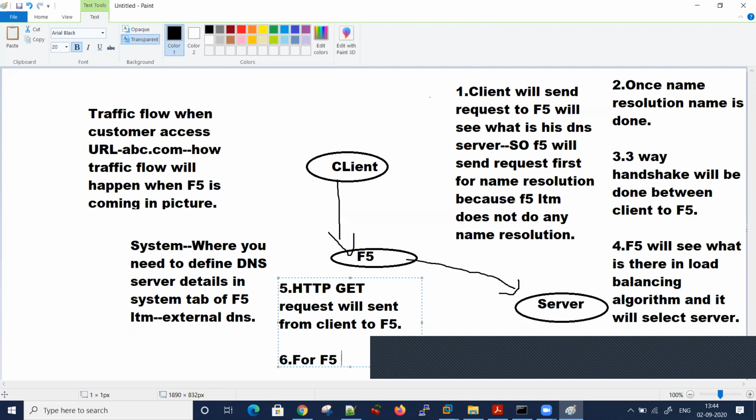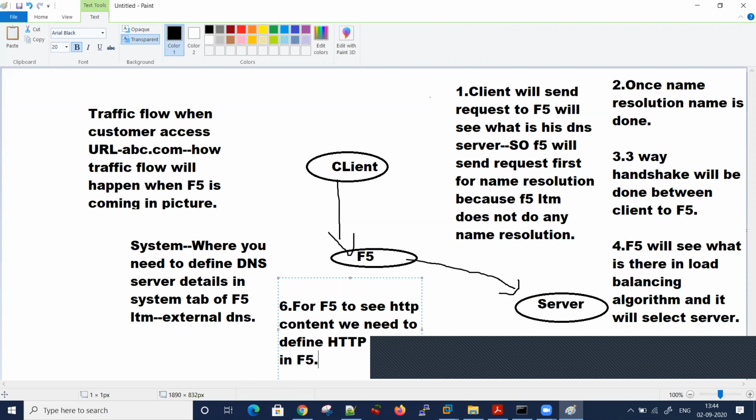For F5 to see HTTP content, we need to define an HTTP profile in F5, so that it can see the data. The client does not know whether it's TCP traffic or HTTP traffic. So how do we differentiate between them? There is a concept in F5 called profiles.